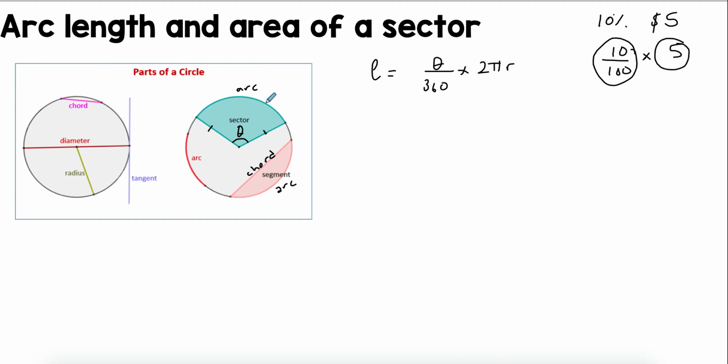And how much is this section? Well, it's theta over 360. So this is how I understand the formula. That's how much we're taking up. Now, to convert it to radians,